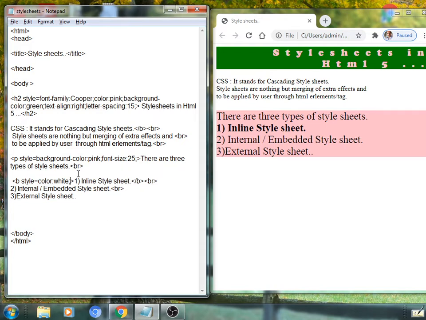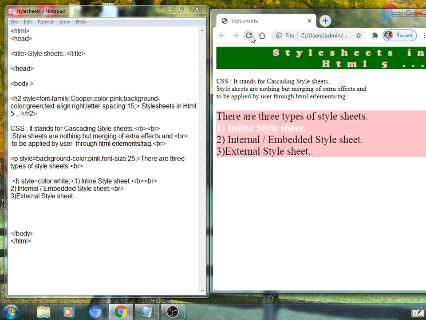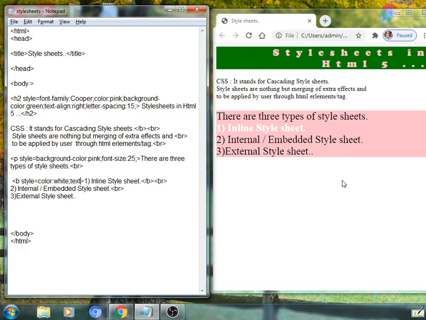Style color equal to white, that is applicable. Okay, are you getting it? Text-decoration with the possible values overline, line-through, as well as underline. See one by one what happens as we apply these values.